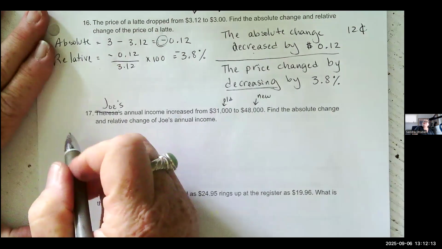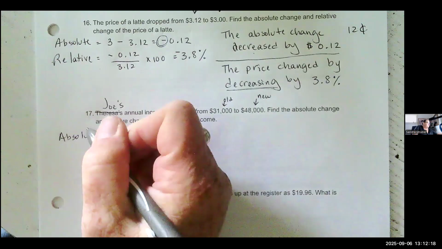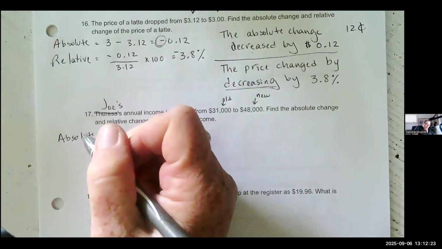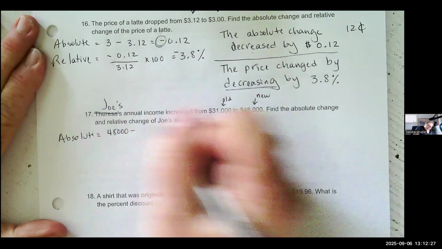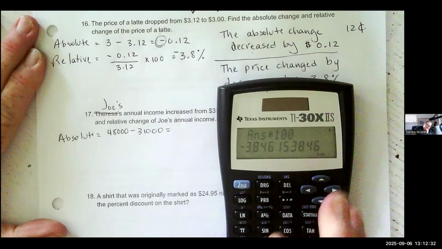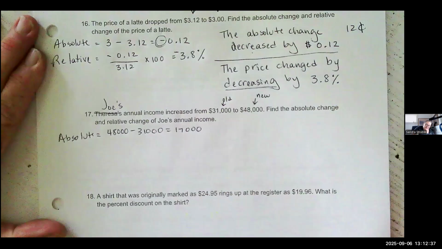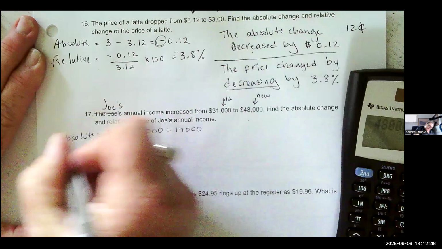All right. So for absolute, what's going on with me? New minus old. 48,000 minus 31,000. 17,000. Make sure, because I'm going to need that anyways. 48,000 minus 31,000. 17,000. All right. And then the relative change